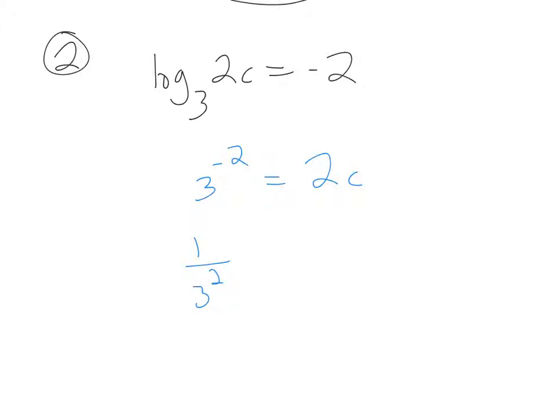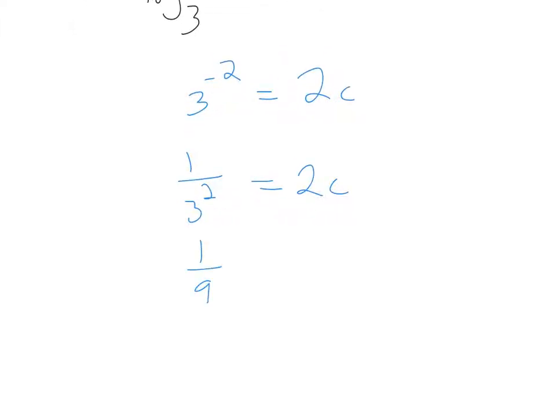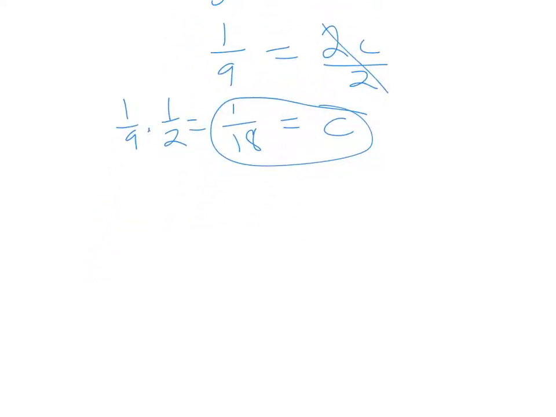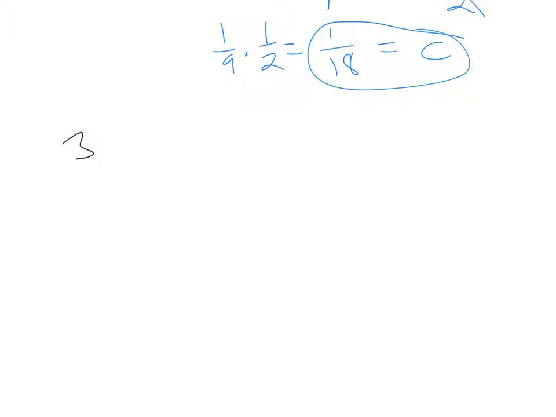And let me write everything else out. I've got 1 over 9, since 3 squared is 9, equals 2c. Divide by 2 on this side, and divide by 2 on this side, which is the same thing as multiplying by 1/2. So 1 over 9 times 1/2 is equal to 1 over 18, which is equal to c. So c equals 1 over 18. Excellent. Let's keep rolling. Number 3, we've got the equation